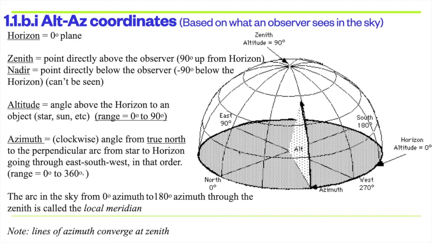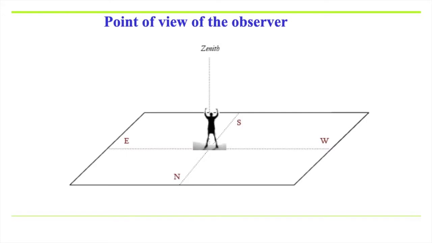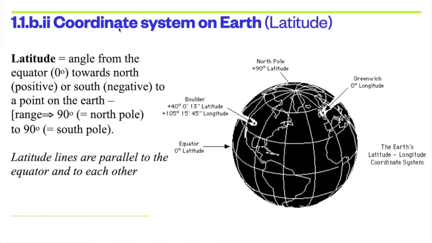Let us now move over to the equatorial coordinate system, but before we do that, let us briefly remind ourselves of the coordinate system on Earth. So basically the latitude and longitude system. This is probably familiar to you from your geography lessons in school. So latitudes are the angles which are measured from the equator towards north or south. The equator itself is the 0 degree latitude, and all other smaller circles which run parallel to the equator are lines of constant latitude. So latitude angles are equivalent to the theta angles that we use in spherical polar coordinates,